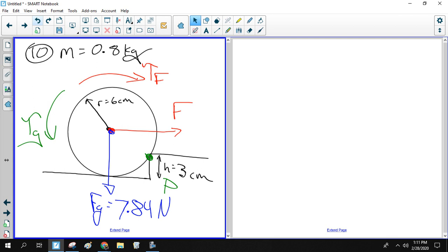So, to calculate these torques, we need to identify our lever arm. So the lever arm is the line that goes from our pivot point to where the forces are applied. So both of those have the same lever arm, that green line that I just drew, right? Cool? Now, if this is 0.3 meters,